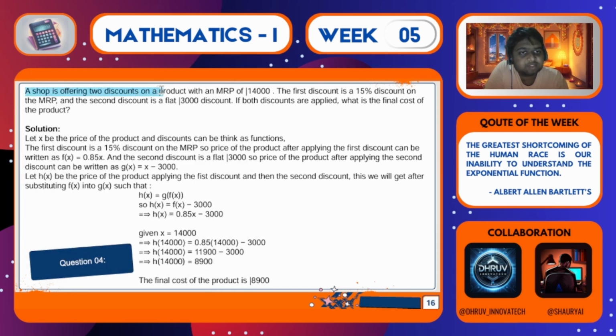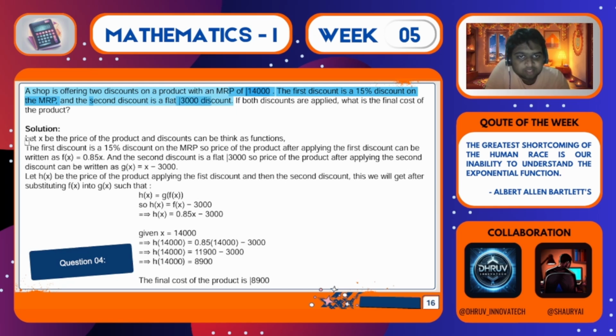A shopper is offering 2 discounts on products of MRP 14,000. The first discount is of 15% on MRP, and the second discount is flat 3,000. If both discounts are applied, what is the final cost? Let's say the first discount, 15% off, is applied on your 14,000 mark, and then your 3,000 flat discount will